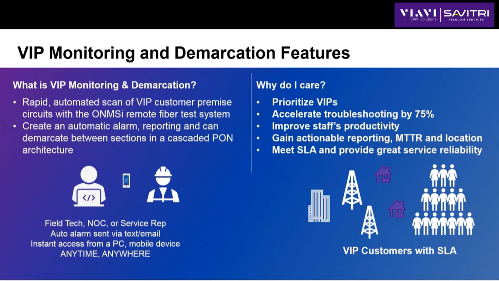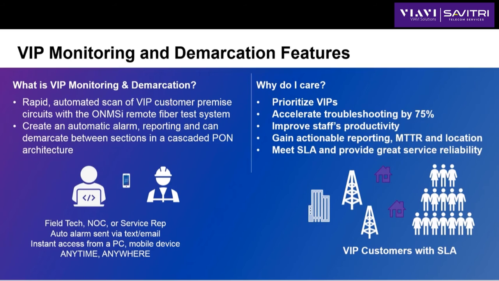So why do we care? We want to prioritize those VIPs, and who might they be? Very large business customers or small business customers. You may have cell sites that require front haul, back haul services. And then we could just have smaller homes that have an important need for critical service, or we could have a hospital or a school, some other type of customer like that,